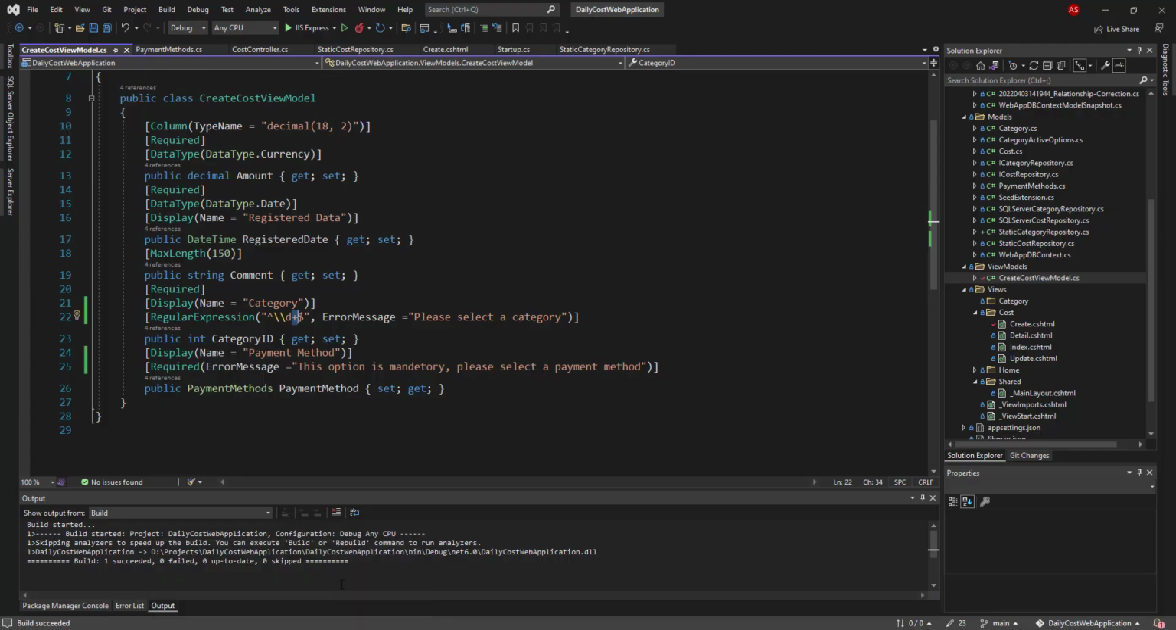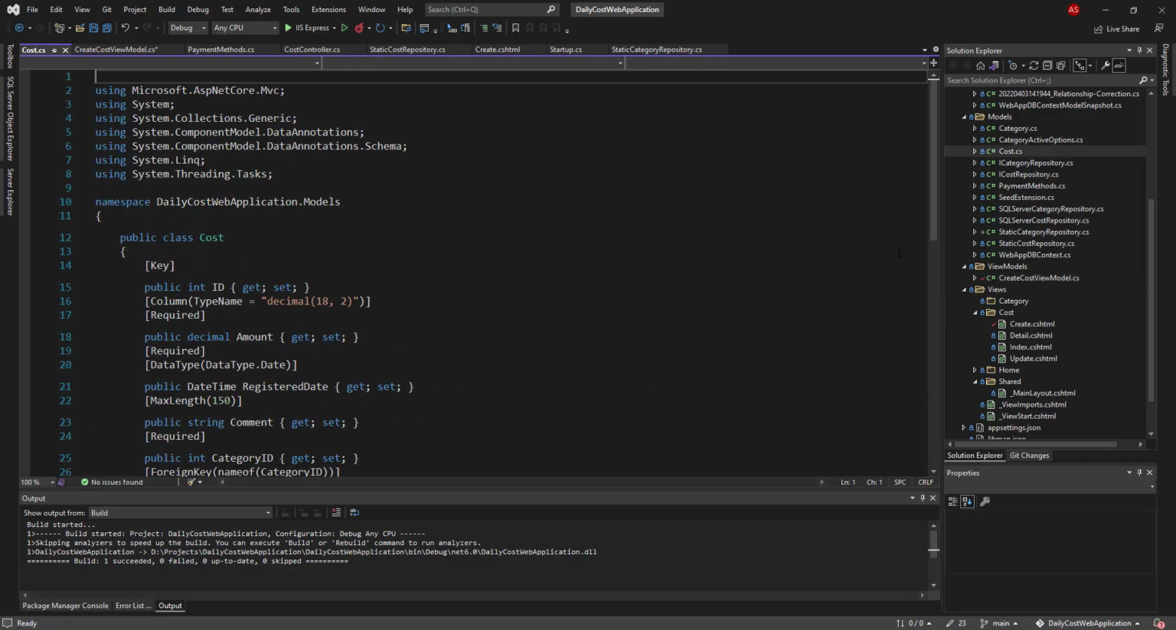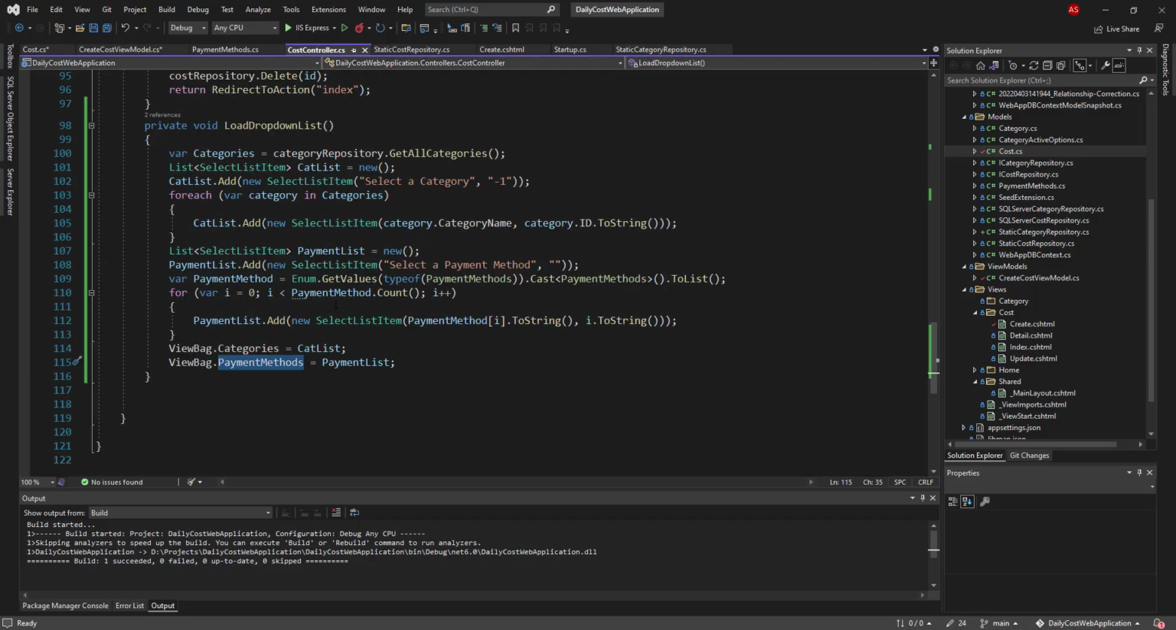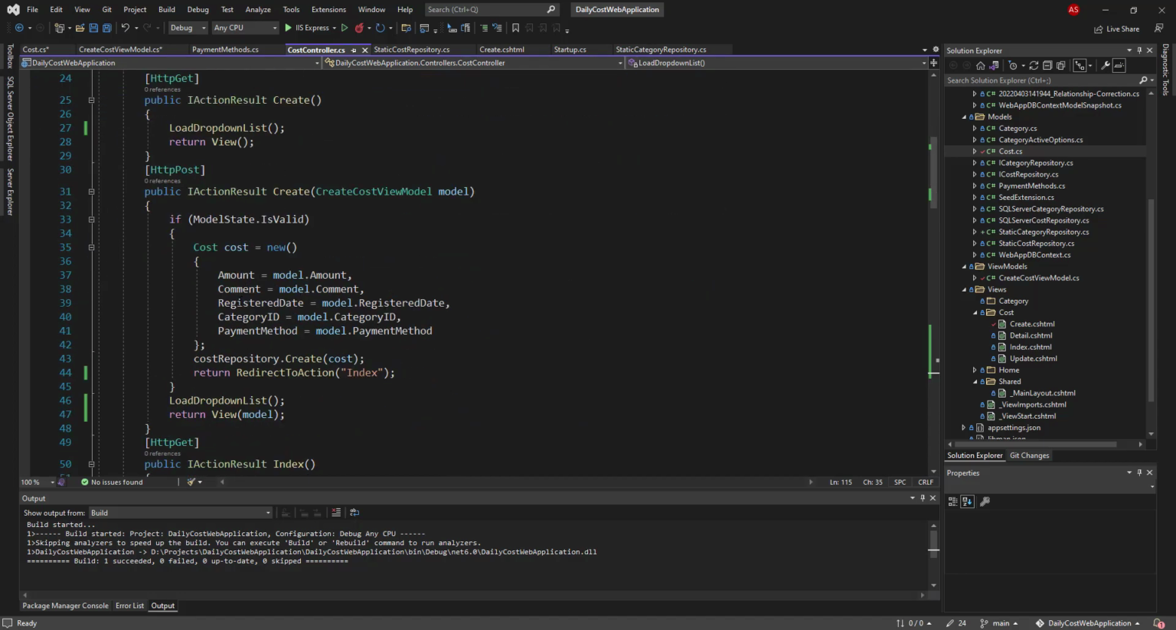That's why I should add a question mark here, and with this question mark I mention that this property can even receive a null value. And also I should add this question mark to the cost model, because if I don't add it here, then inside the cost controller, and here that I add the data